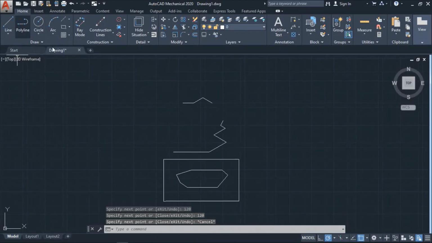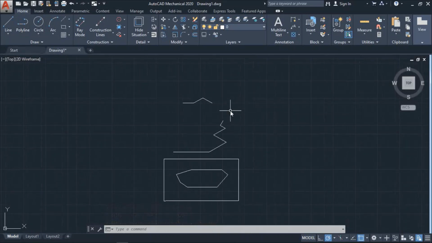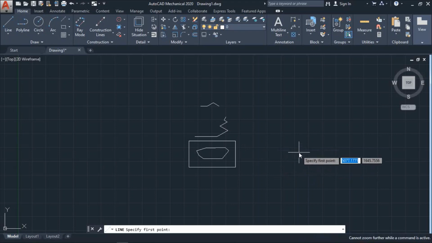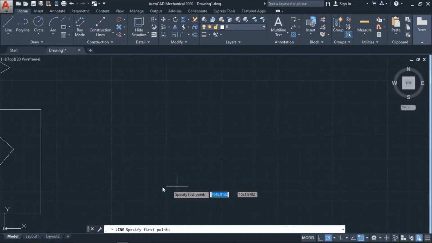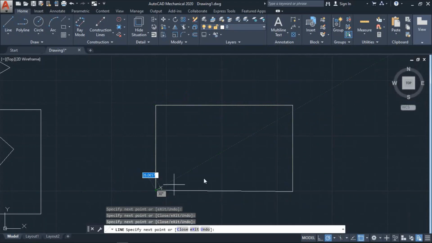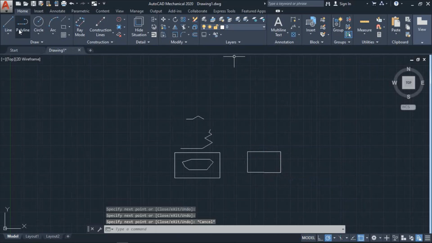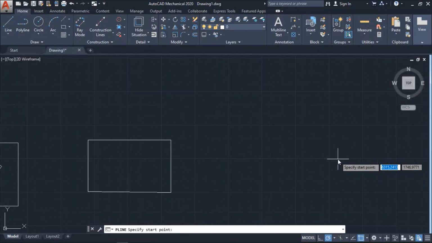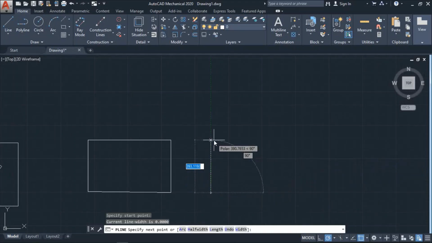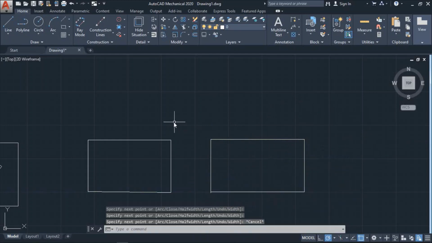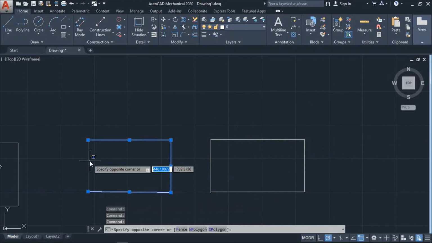Then we have the polyline. The line and polyline are exactly the same, just the difference is, let me tell you the difference. Here I am drawing a line. And the same I am doing with the polyline. The difference between line and polyline is, here I can select a single line on a single click.